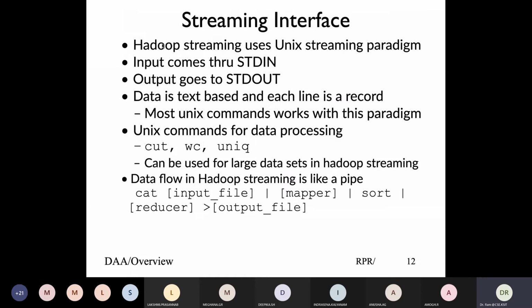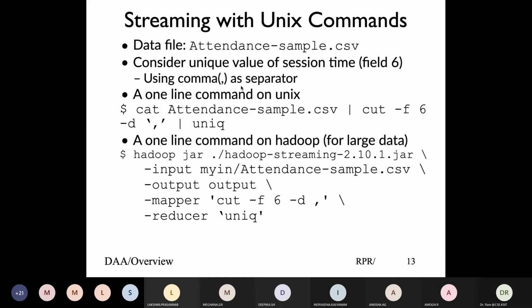So how would you run things up? So I had run this on Unix. Now same thing if I were to do using Hadoop. Assuming the cluster is live, I'll say hadoop jar. Hadoop comes with the streaming interface, so we need to specify that we want to use the streaming interface, hadoop-streaming.jar. Then even though your program doesn't need an input, you still have to say input. So which is the input file? This is the data file.